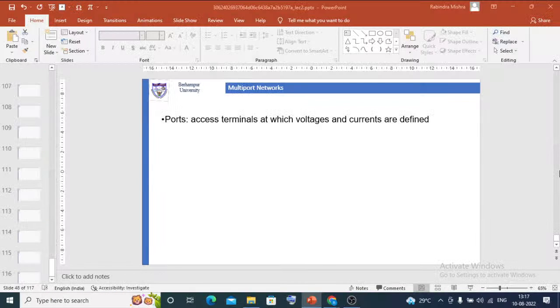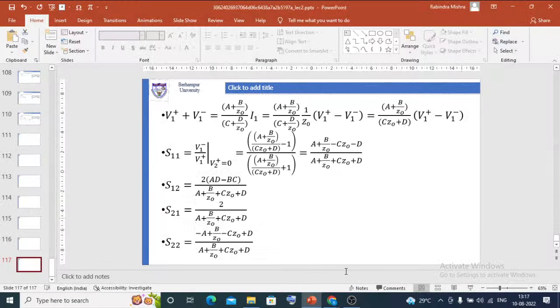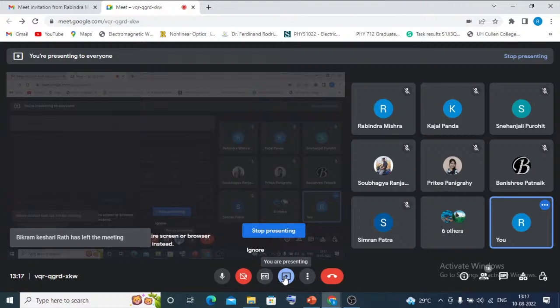So this is basically an overview of ABCD parameters, the definition of ABCD parameters, some examples of ABCD parameters which are useful, and a relationship. With that, we come to the end of today's class, today's discussion. In the next class, we are going to discuss some other parts about